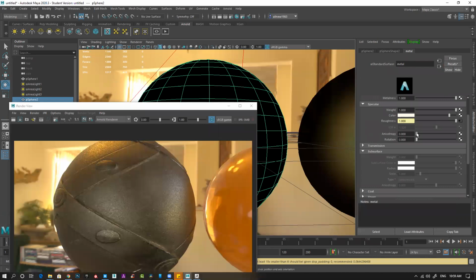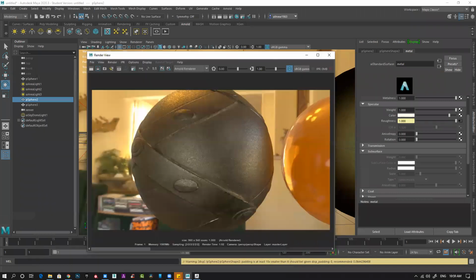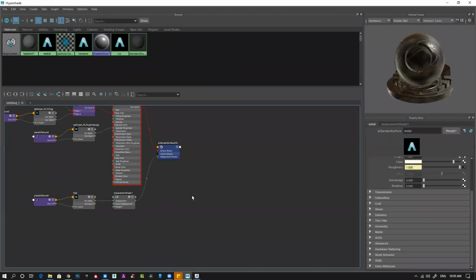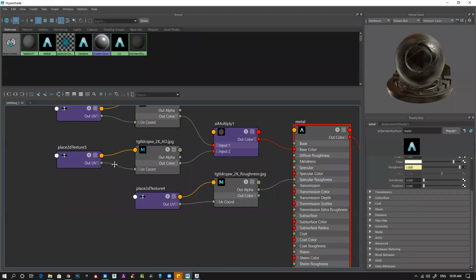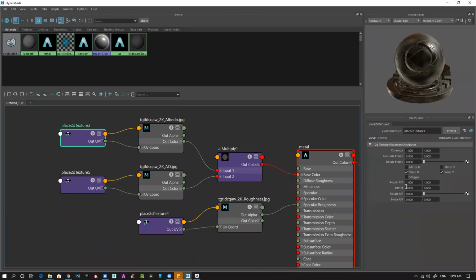And one more thing I can do is increase the tiling. Right now tiling is very low. So if I want to increase the tiling, you can see everything is connected with this UV. Select this, you can see there's a UV repeat. Let's do 3 by 3.